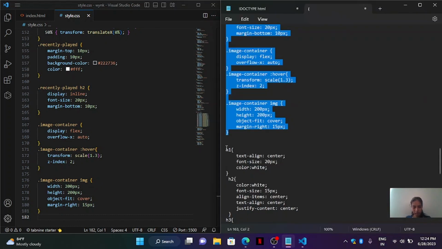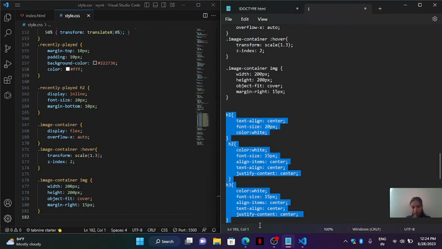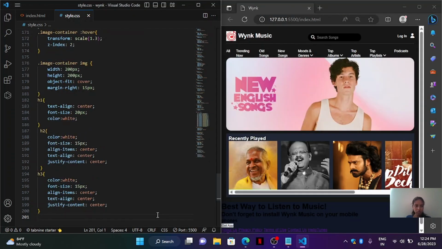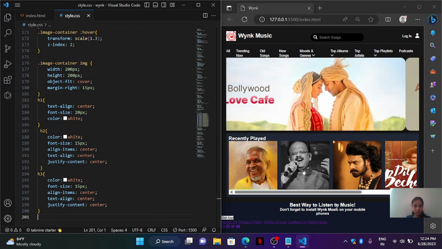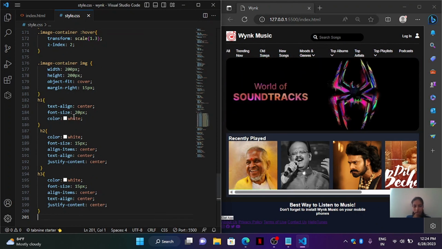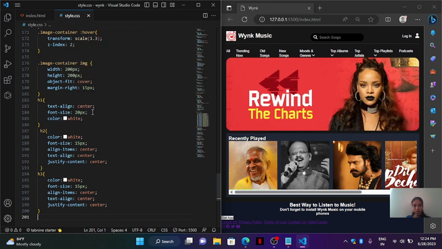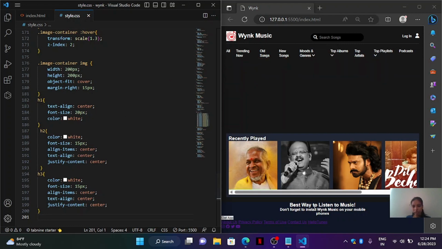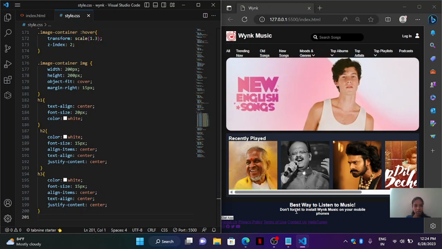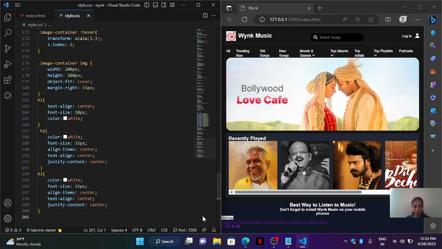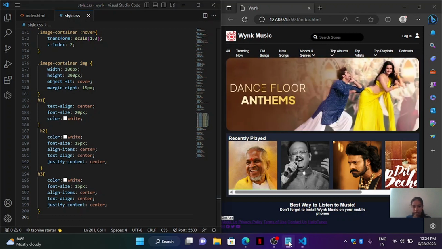Next, for the main section where we have headings. So this is code for heading 1, where we give text align as center and font size as 20px, as you can see. And for second heading, we have given color white and font size as 15px. Align items as center, justify content as center. Same for the H3 also. Coming to the next one,